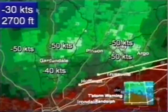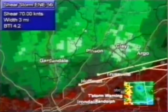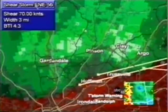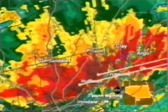And again, one thing to mention, James, the radar only picks up the component of the wind along the radar beam. So if the radar is picking up 50 knots, which is 58 miles per hour, that means that's the minimum speed that the wind is there. It could even be as high as 65 or 70 because the radar hits it at a little bit of